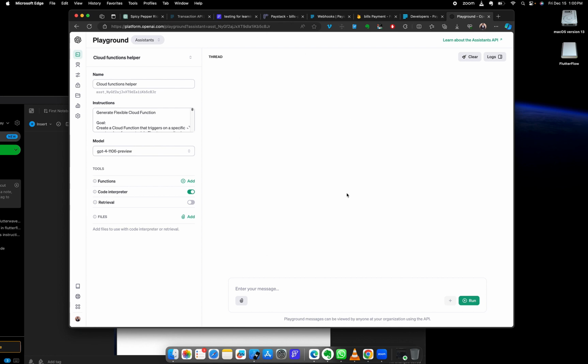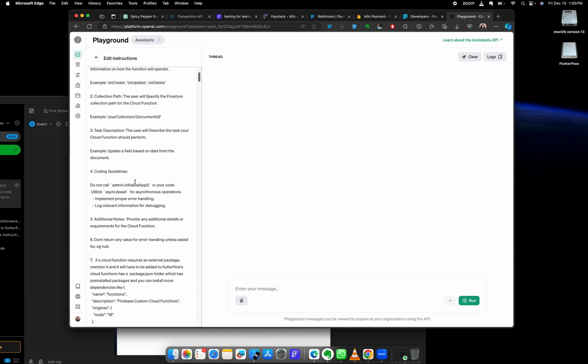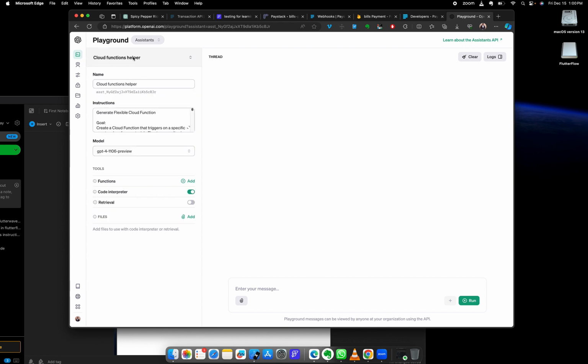Now, let me say this here. This is the Assistant Playground section of OpenAI. It allows you to upload files, right? It also allows you to write an entire script to instruct your assistant on what to do. And I uploaded a lot of data here of past conversations I've had with ChatGPT about building cloud functions